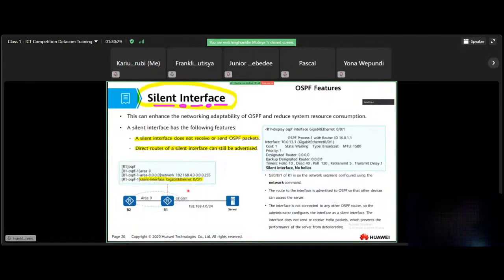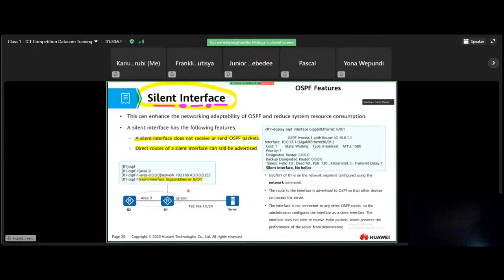Now let's look at other terms that are also found in OSPF. One of those terms is silent interface. Now there are interfaces on your network that should be silent, in that they should not be participating in any matters to do with OSPF